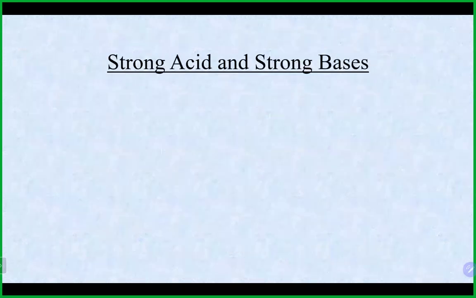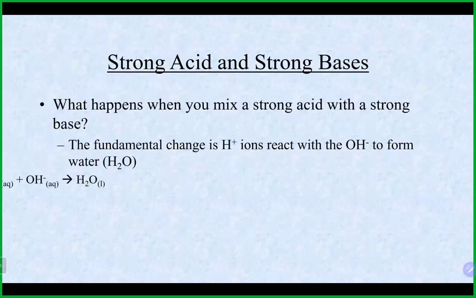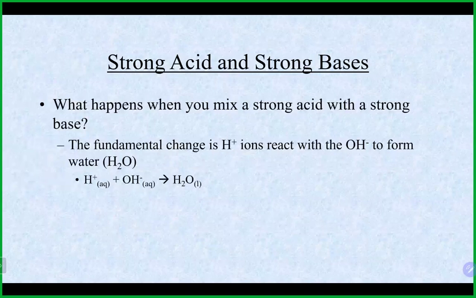So as I mentioned before, when we react a strong acid and a strong base, pretty much what's occurring is the formation of water, which, as I mentioned a number of times, is one of the three reasons why it takes place. So if we look at any sort of combination of that,